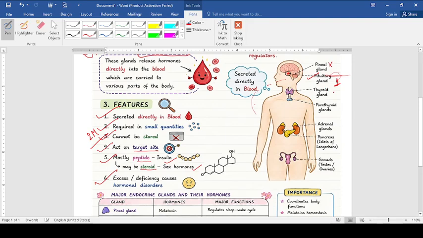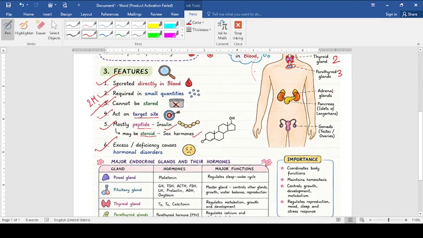Next, we are moving with the thyroid gland. That is the second gland we have to study. It is located in the neck region. Its role we will discuss in the chart. And inside the thyroid gland, they have drawn it here somewhere else to show you the structure, but actually the parathyroid gland is present at the four corners of the thyroid gland. So we will discuss the parathyroid gland along with the thyroid gland.